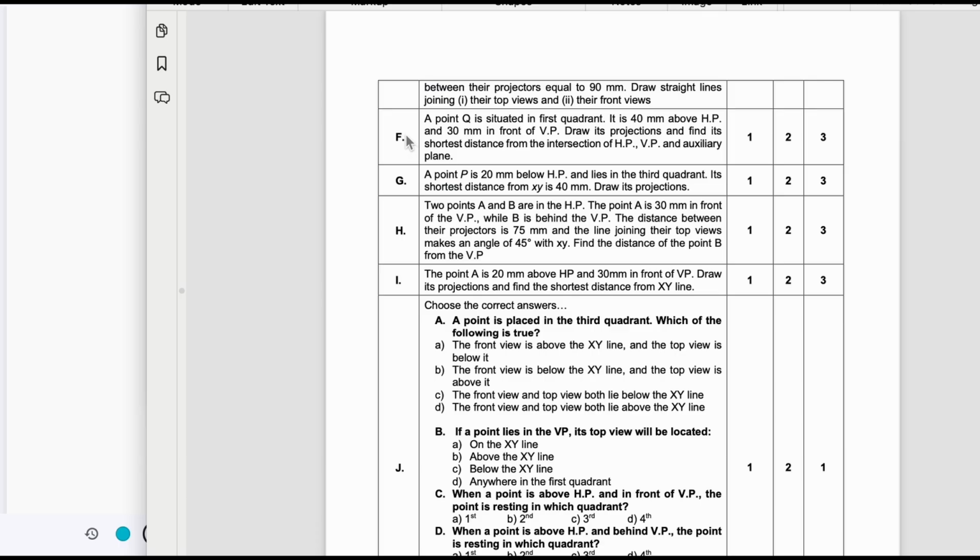Okay, we are going to solve this example F. A point Q is situated in first quadrant. It is 40 mm above HP, 30 mm in front of VP. Draw its projections and find its shortest distance from intersection of HP and VP and auxiliary plane. Okay. Now